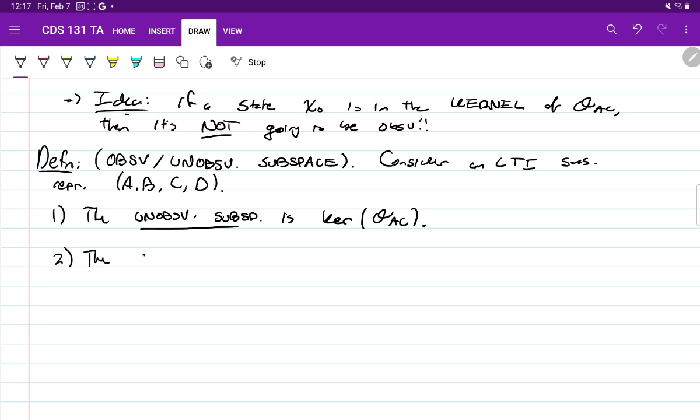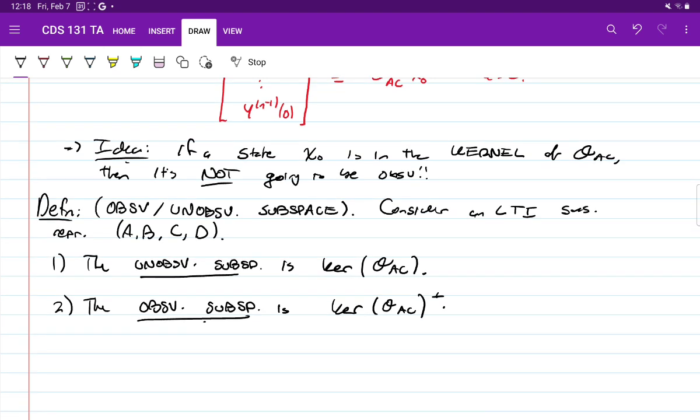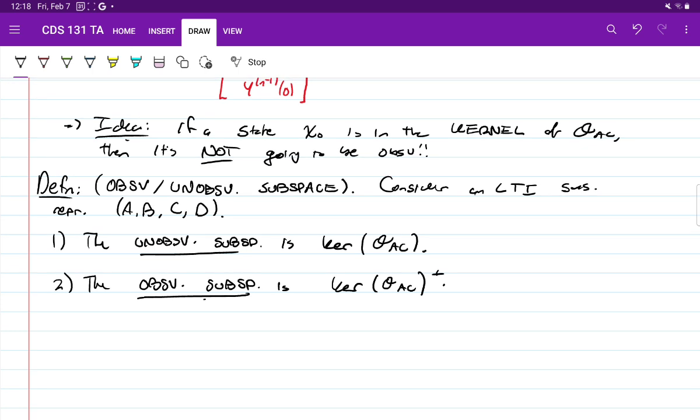Now two, the observable subspace. The observable subspace is its orthogonal complement, okay? OAC perp. All right, fantastic. So you might remember that when we did this kind of analogous definition for controllability, what we had shown was that the controllable subspace was A invariant, right? But we had defined the controllable subspace in terms of the range of the controllability matrix. Here we're using kernels, right? So instead of saying that the observable subspace is A invariant, I'm going to kind of flip it, and I'll say that the unobservable subspace is A invariant, okay?